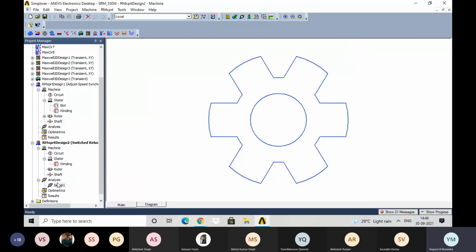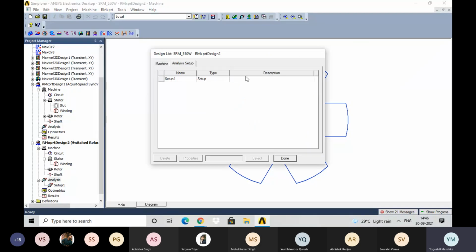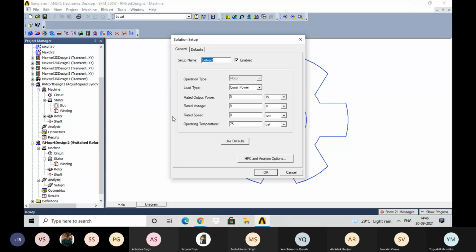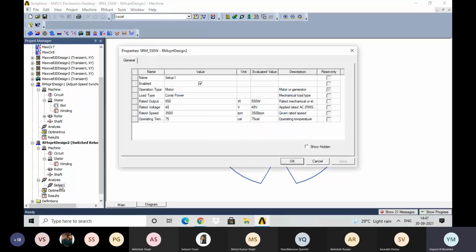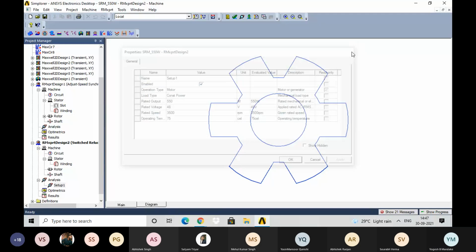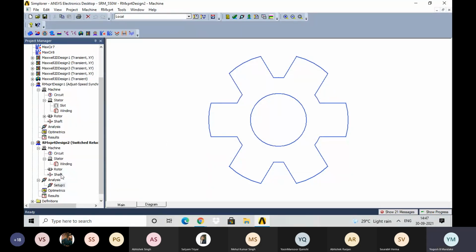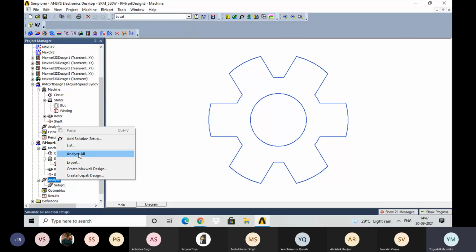In case of add solution setup, you can give the corresponding input, and those inputs will be reflected here in setup. So through the analysis option, I have given these inputs: 48 volt, 550 watt, 3500 rpm, 75 degrees Celsius. So now after that, if I want, I will analyze my design.